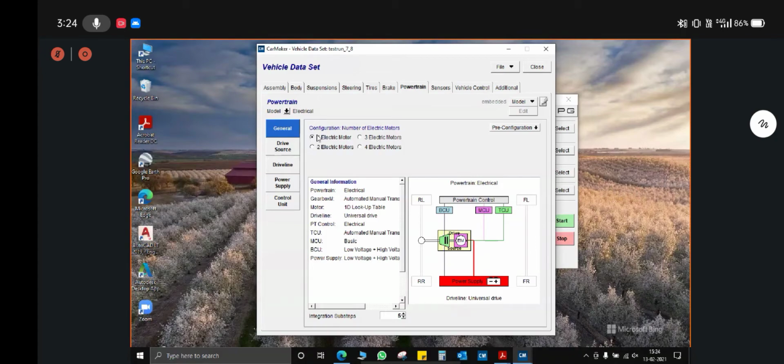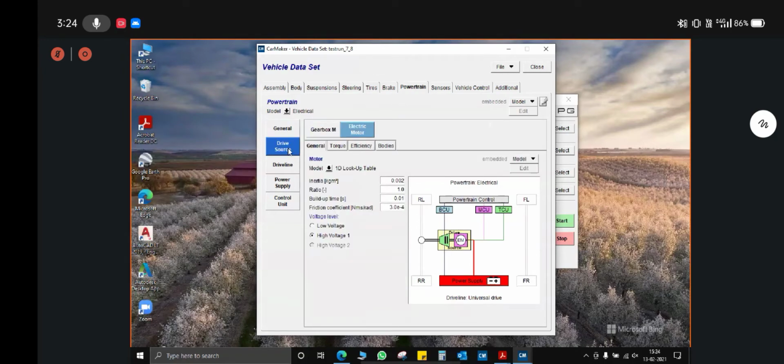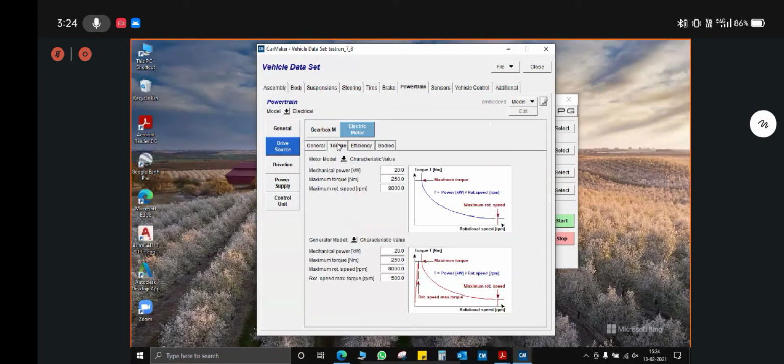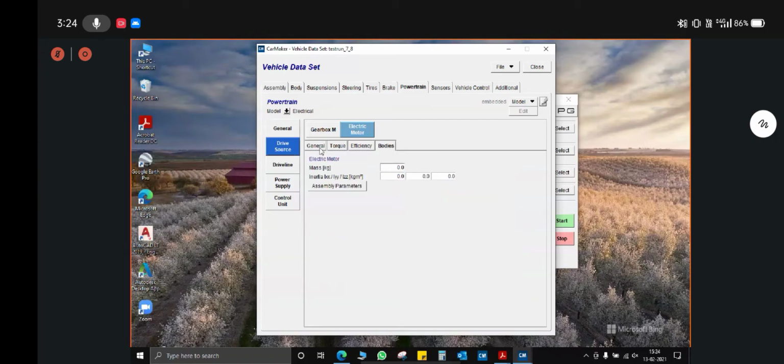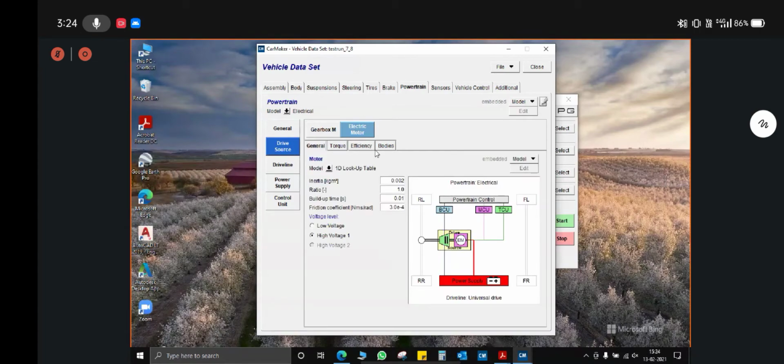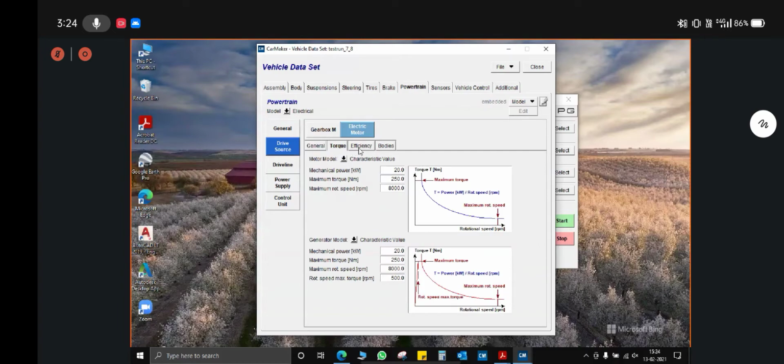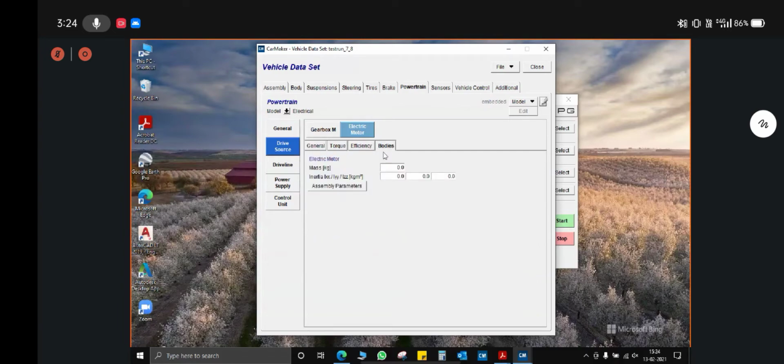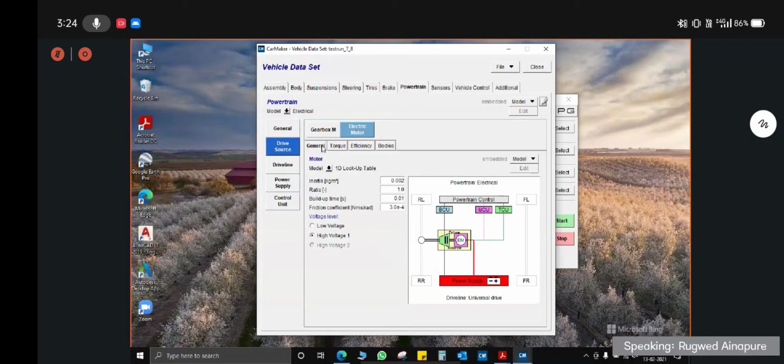Go to the drive source. In the drive source, after selecting the one electric motor model, in the electric motor you have to put all these values as per the electric motor you are using, and all the EBA teams have to check the EBA rulebook that was released in the month of June 2020 for this. And remember that deviation from the EBA rulebook that was shared previously is not allowed at all. You have to be within the limits and all the rules that have been specified in the EBA rulebook. So the electric motor, as per that, you have to define here in the general.